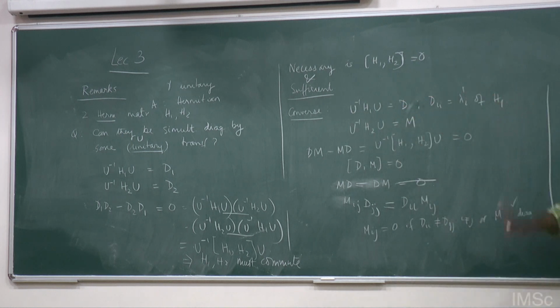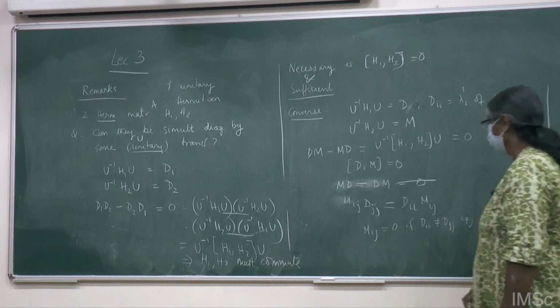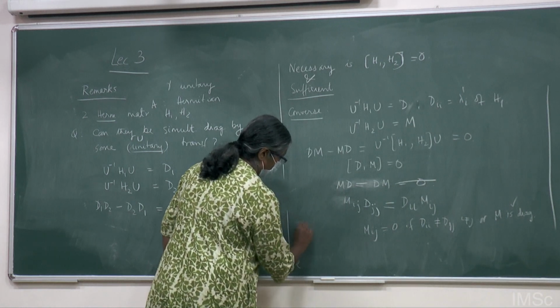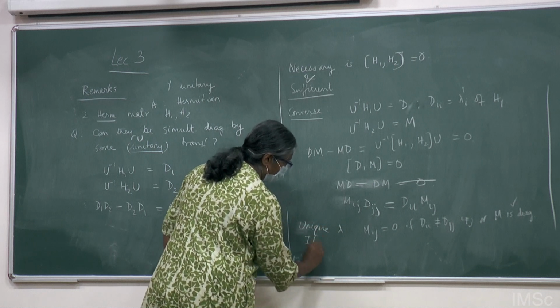That means m is also diagonal. You don't have to worry about further conditions required to diagonalize h1 and h2 simultaneously. The problem occurs if dii equal to djj. That means if the eigenvalues are unique, so if repeated lambda,